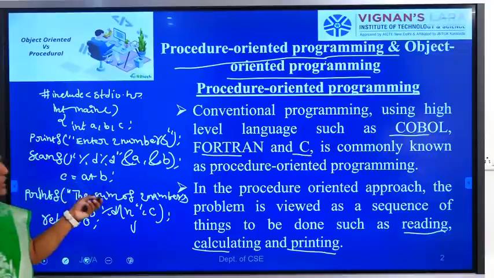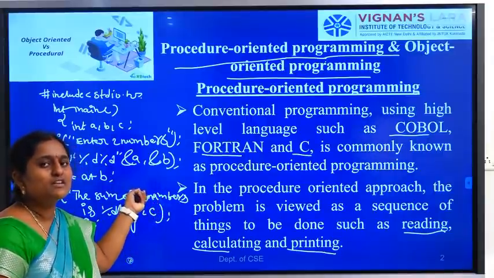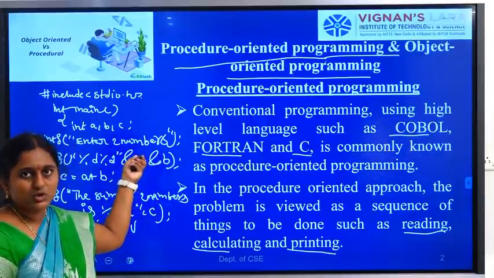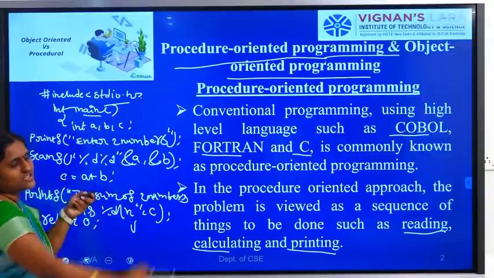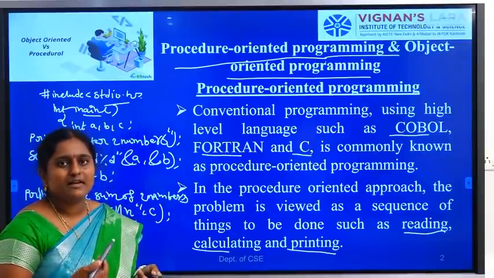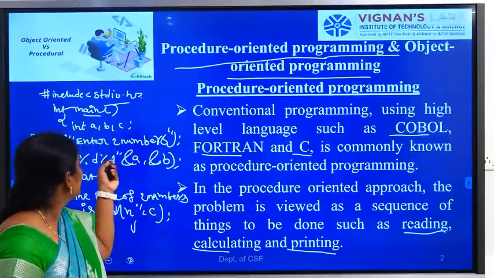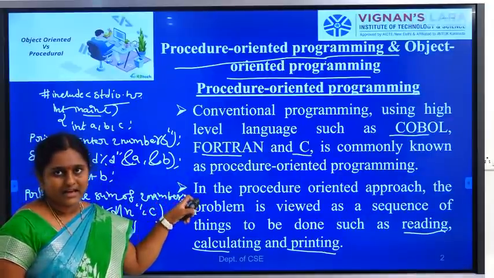So all of you look at this. In C programming language, what will happen? First we declare header files, #include <stdio.h>. It is a header file. Next, the main function. C is a collection of functions, so main is also one type of function. int main returns the integer data type. After main we open the curly braces.